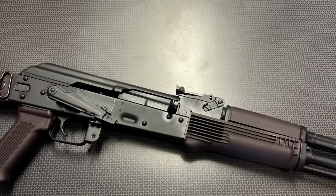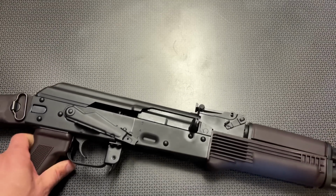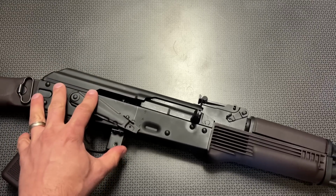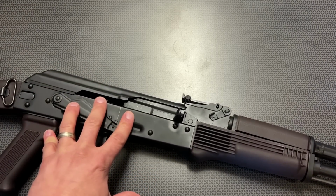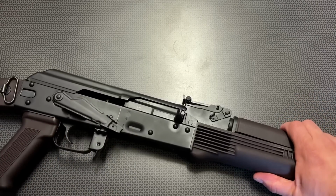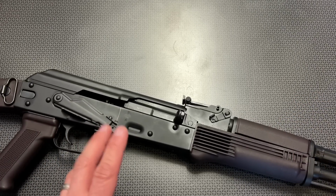Alright guys, I'm back today with a Palmetto State Armory AK-74 complete overview. It's been a while coming, and I've wanted one of these rifles for a very long time, ever since I saw they were released. They've been through a few iterations. This is the most current iteration that they are producing, and they have them available in a wide variety of